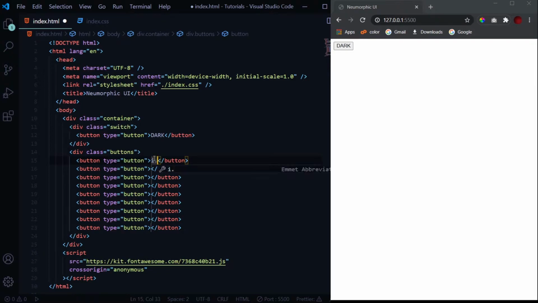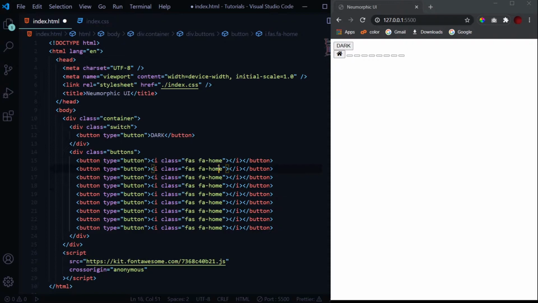Now the first one will be, let's say, for home. So this is a class from Font Awesome, which you can use inside any tag to get the icon of home like this here. So we will just be copying this, and we will use 9 different icons now. So let me just copy paste it. Yeah, so first is home, the next one can be user, then we can have cogs, this is a settings icon, then we can have a pencil, then such different icons, then let's say an arrow right. So you see I've got all these icons here.